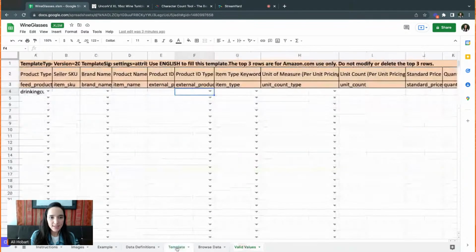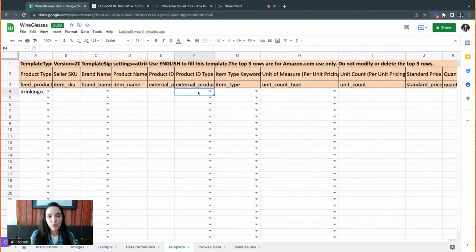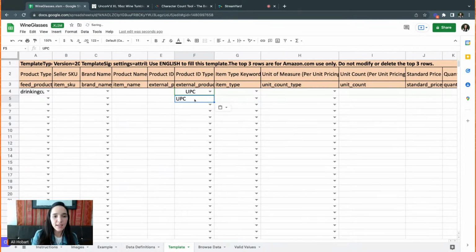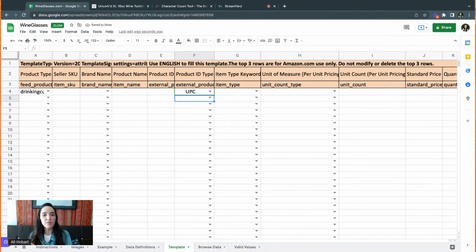And what I do is I go back to the template, and instead of pasting right over here, I go to the box where you can actually type values and paste it there. That is because if you're using Google Sheets, you don't want to reset the conditional formatting or the format of the drop-down menu. Sometimes when you paste it here, you see that the arrow disappears and then you can have some errors uploading. So anytime you copy something from valid values, come back here and paste it in this box. Okay, so you obviously put the number itself for the product ID, then you put the product ID type, and then moving forward.